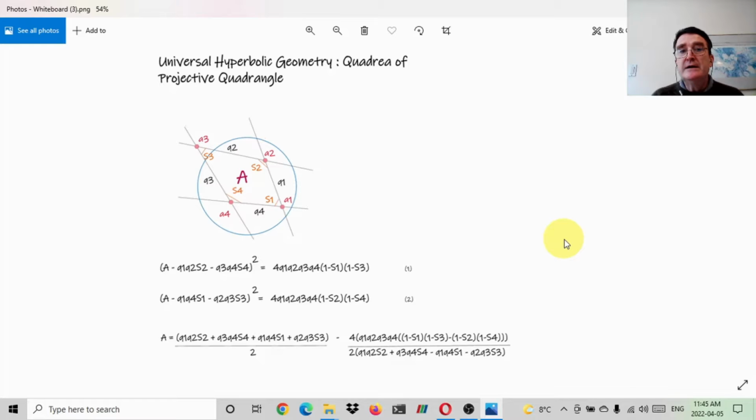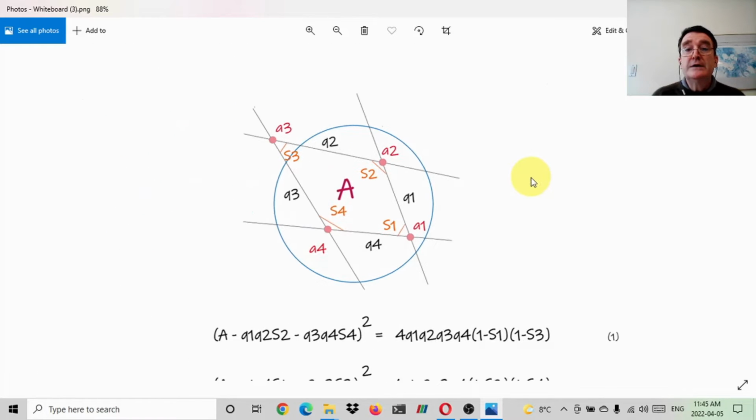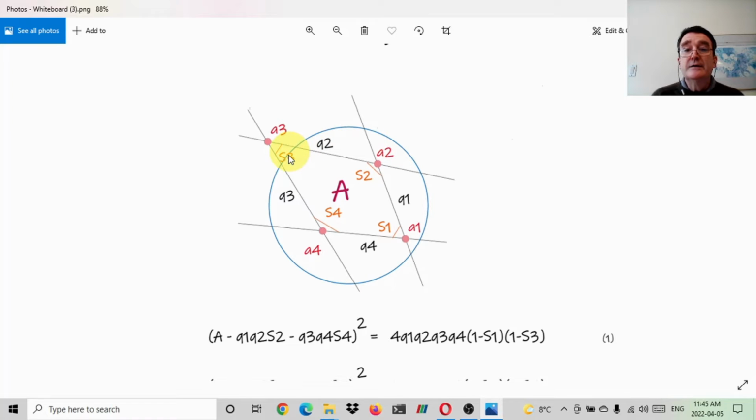Today I'd like to talk to you about a discovery I made in Universal Hyperbolic Geometry. I'll be talking about my discovery of a general formula for the Quadria of the Projective Quadrangle. Here we have an image of the projective plane in Universal Hyperbolic Geometry. Zoom in on it. It consists of the null circle in blue, and here we have a quadrangle consisting of